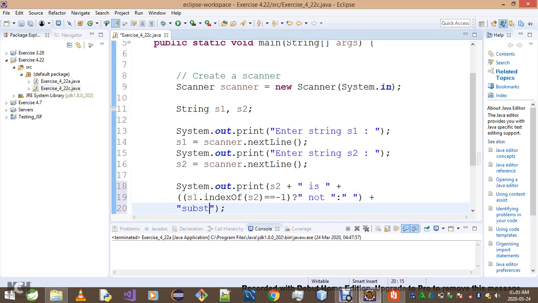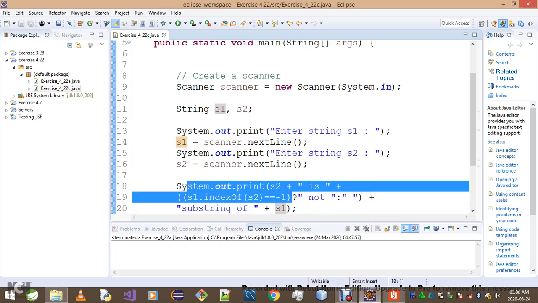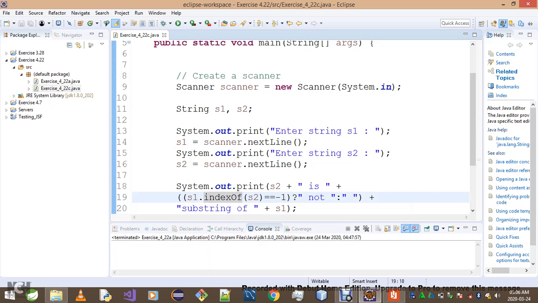I'll just go substring of S1. Done. I hope people are clear here. I'm basically saying I'm displaying string 2 and then going is. Now I'm checking the indexOf method: if I call it on S1 and I pass it S2, by doing that I'm basically checking whether